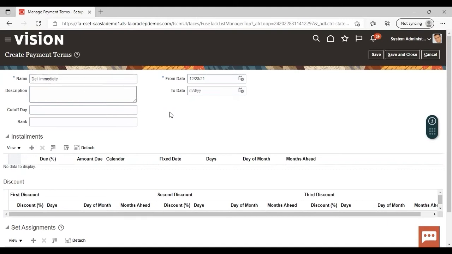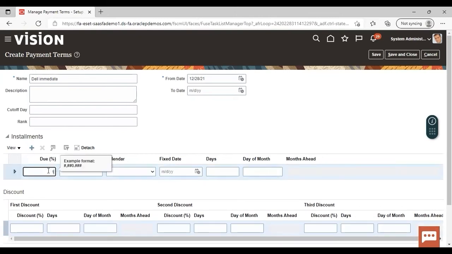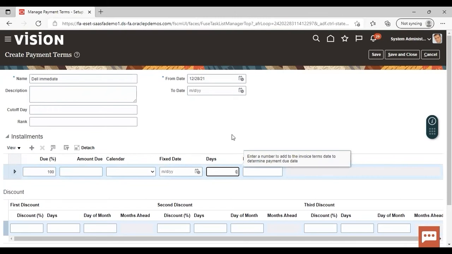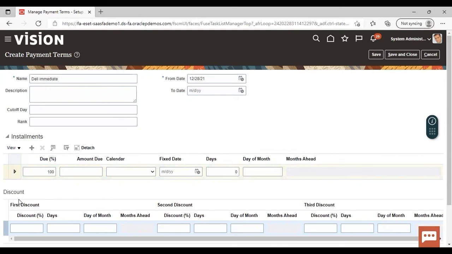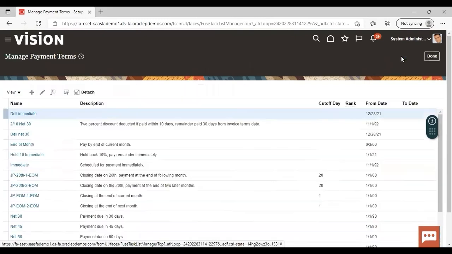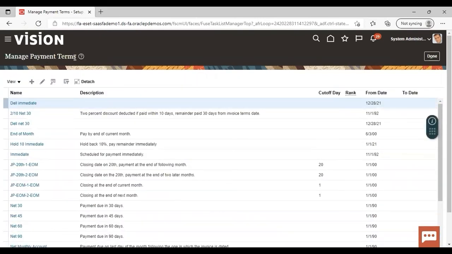Now for giving the installment, click on this add icon. As it is immediate, 100% is due and days will be 0. As it is an immediate payment term, there is no requirement for discount. So just save and close the same. You can see that the payment term Dell immediate has been created.